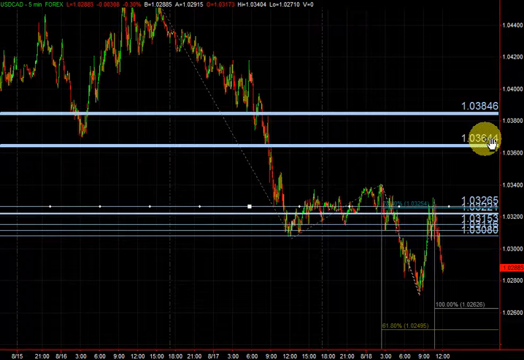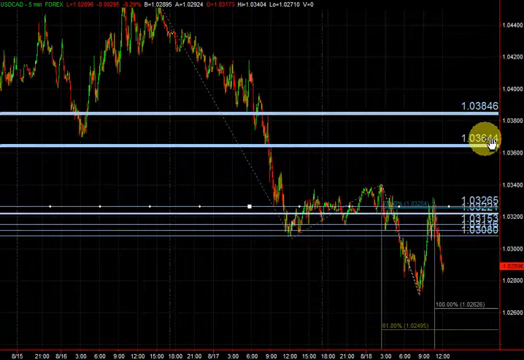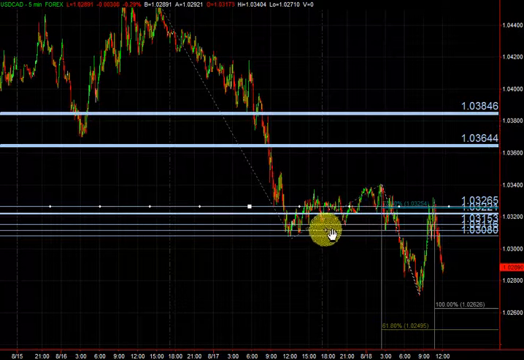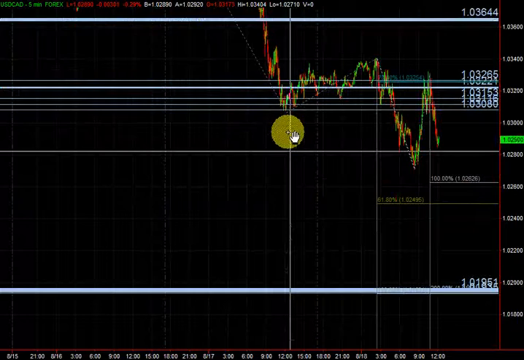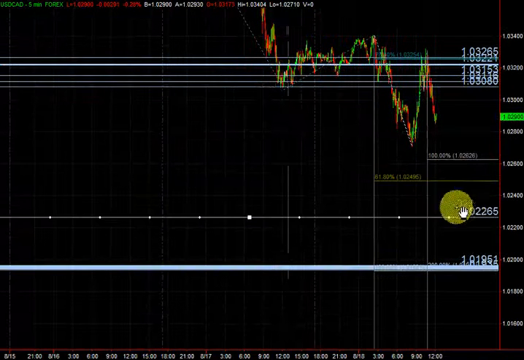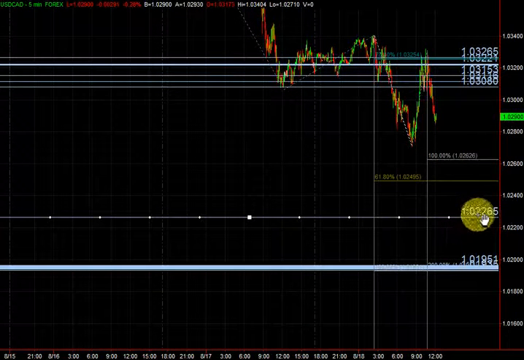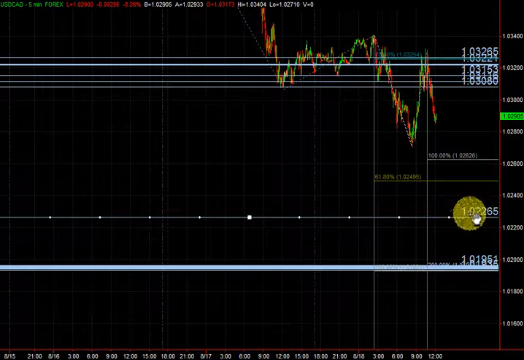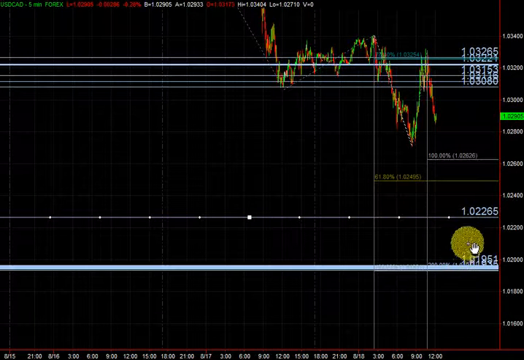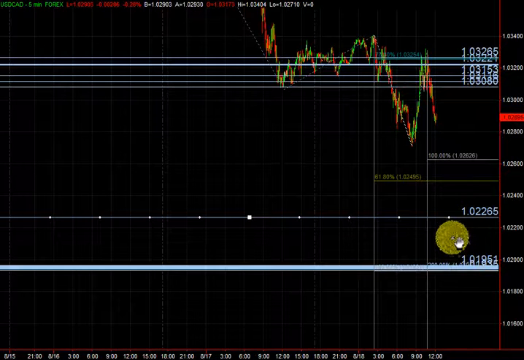a 50 pip mental stop, and we target 100 pips. Now what would be 100 pips if we sell it at 1.0326? We would be targeting 1.0226. So our target area would be at about this level, which is before our major resistance levels, and then we have